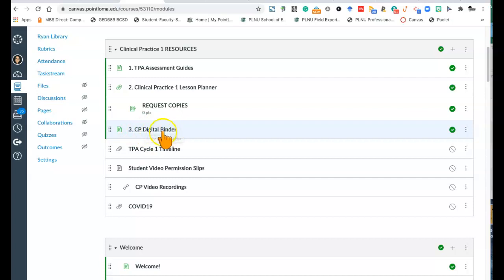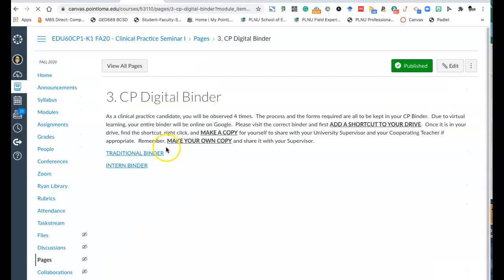But this is where they'll go, and they'll click on the correct binder, traditional or intern. It'll take them to the shared binder, and these are the directions here. Please make sure you make a copy of it. Please visit the correct binder and first add a shortcut to your drive. Once it is in your drive, find the shortcut,